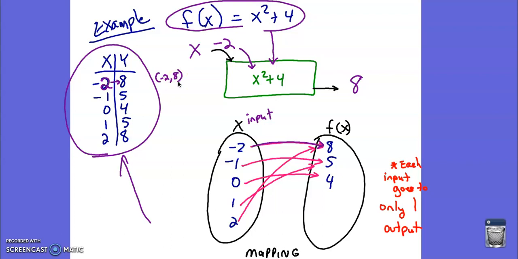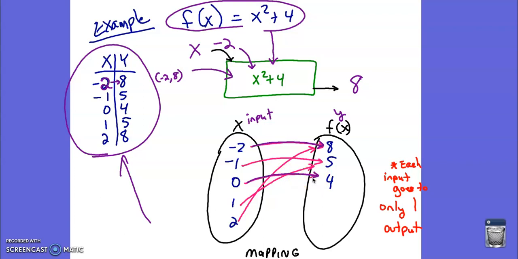So this is your x. This is also your f of x, also called your y. Right? So same thing if I put -1 in, 0, 1, 2. Every time I put a number into the function, another number is going to come out. So -1 is mapped to 5, 0 is mapped to 4, 1 is mapped to 5, and 2 is mapped